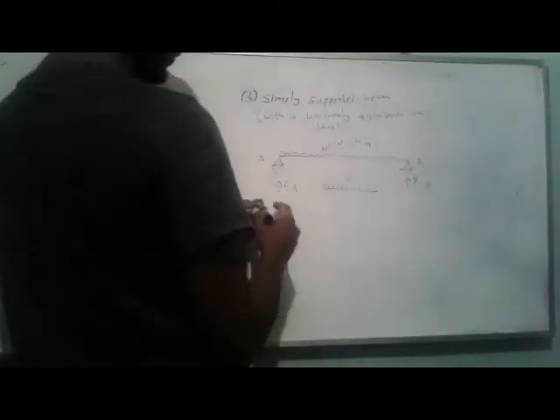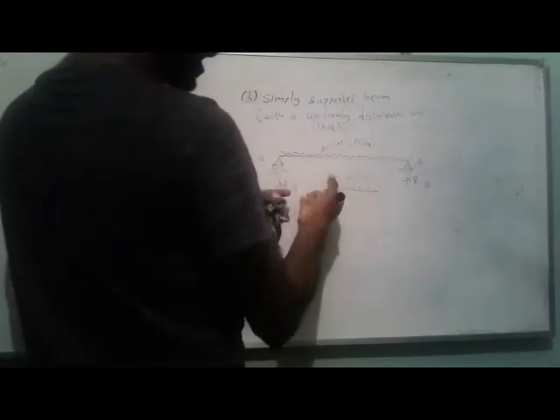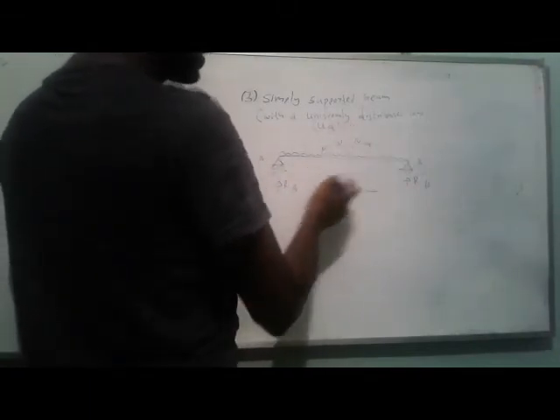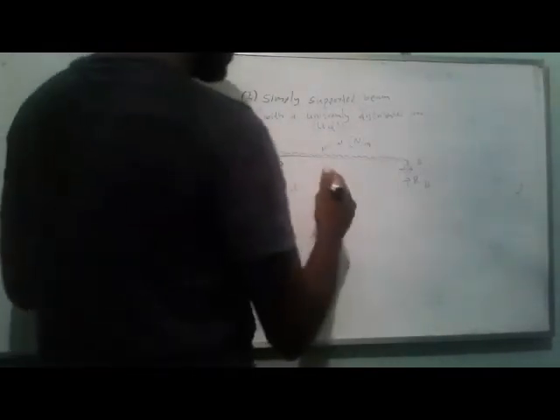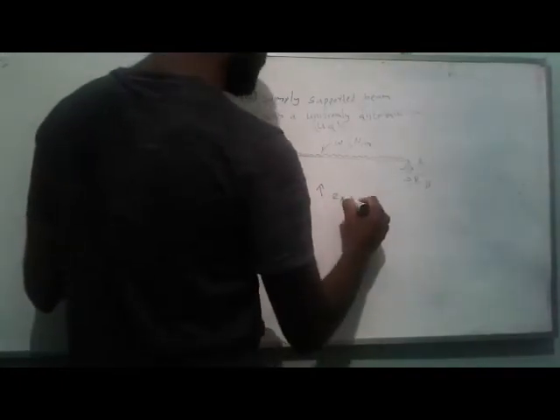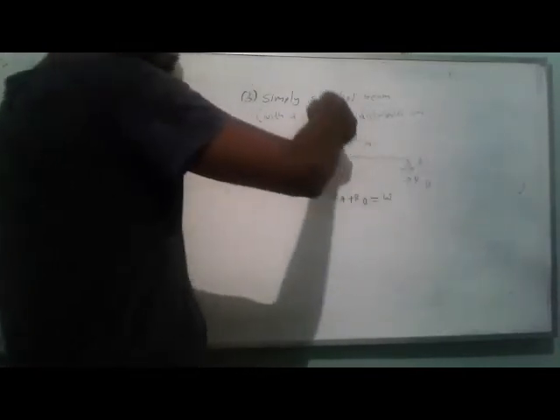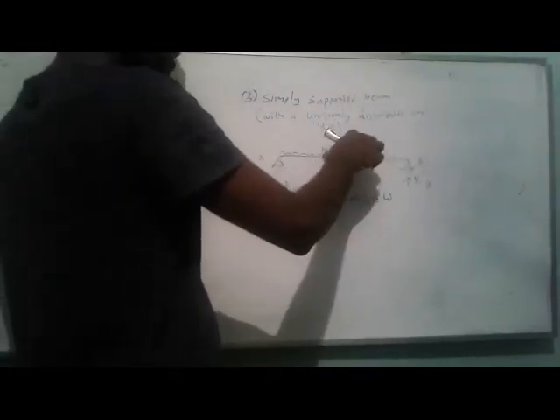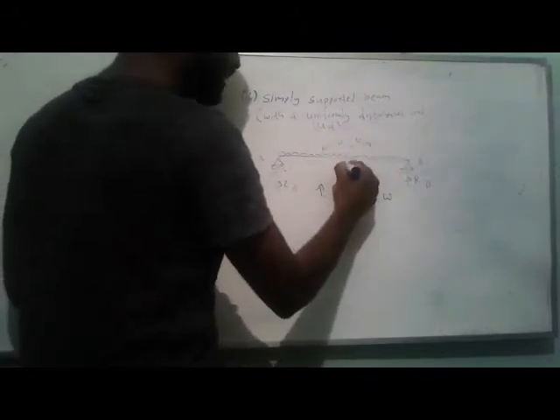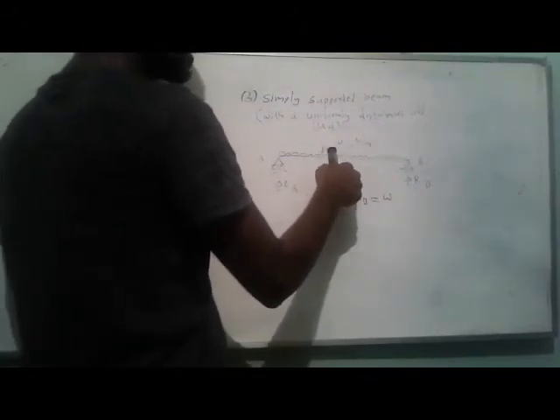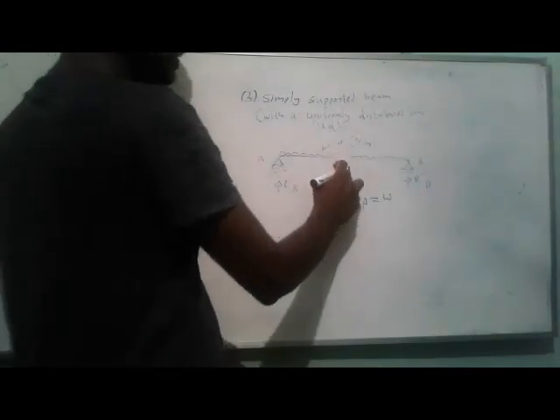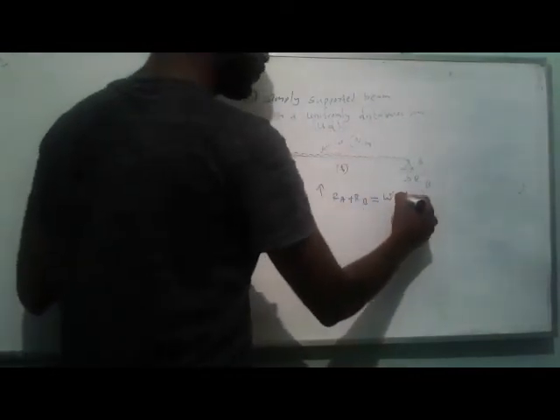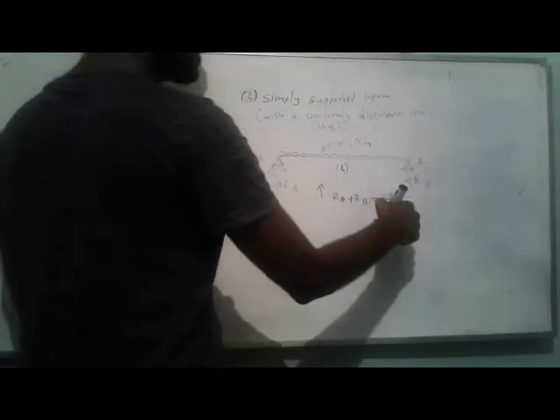If you want to get the total load, you have to multiply this intensity by the length of the beam. So when we consider the upward direction equilibrium, RA plus RB is equal to the total load. W Newton per meter, total length is L. Let's consider L is in meters. Therefore you have to multiply W into L to get the total load.